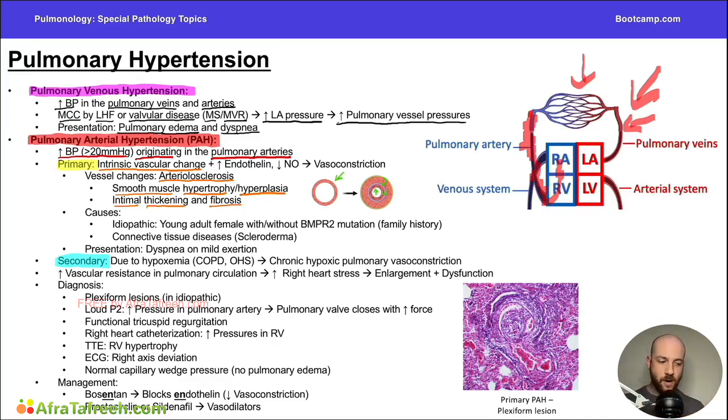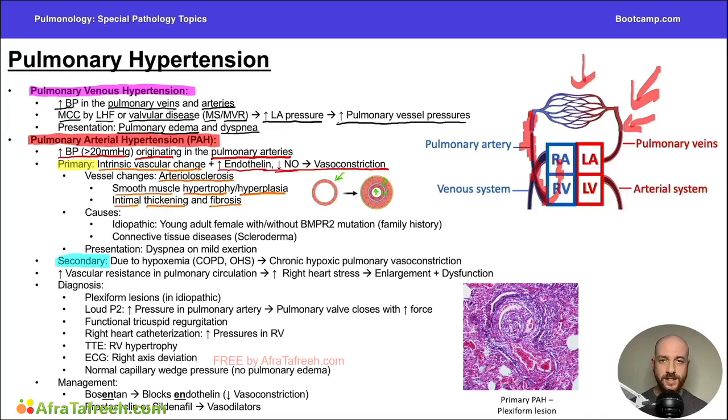And the second part of the pathogenesis is there's going to be an imbalance of mediators, mainly an increase in endothelin and a decrease of nitrous oxide. Now, endothelin is a vasoconstrictor, and the way that I remember this is that the inside of a blood vessel is lined with endothelium, and so endothelin is making the endothelium go in, or vasoconstricting. And of course, nitrous oxide is a vasodilator. So if we have an increase of a vasoconstrictor and we have a decrease of a vasodilator, the end result is that we're going to see